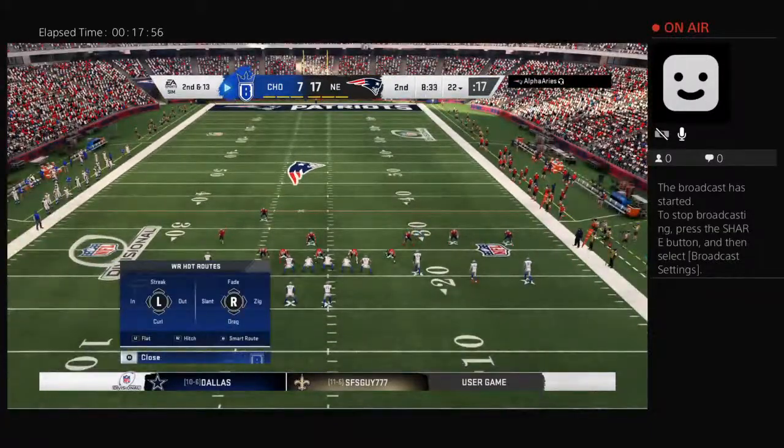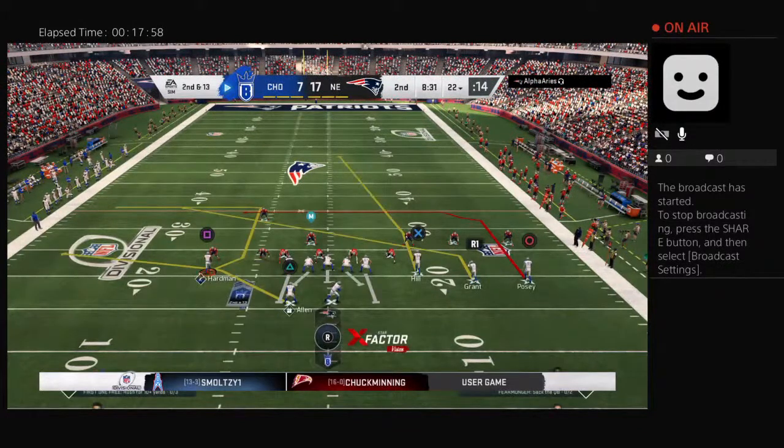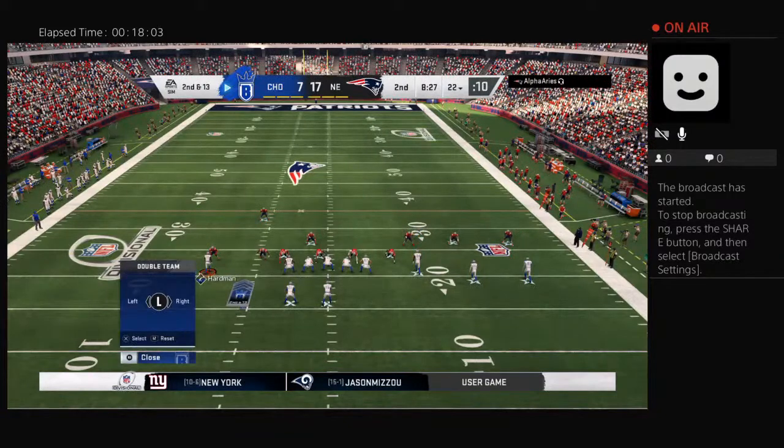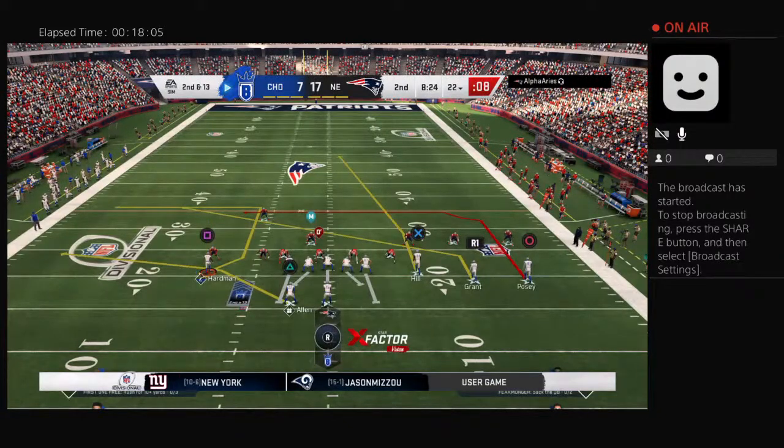Mike 55, Mike 55. Hey, 15. 55 is Mike, guys. 55. Hey, here we go. Kill. Alert 3, alert 3. Alert